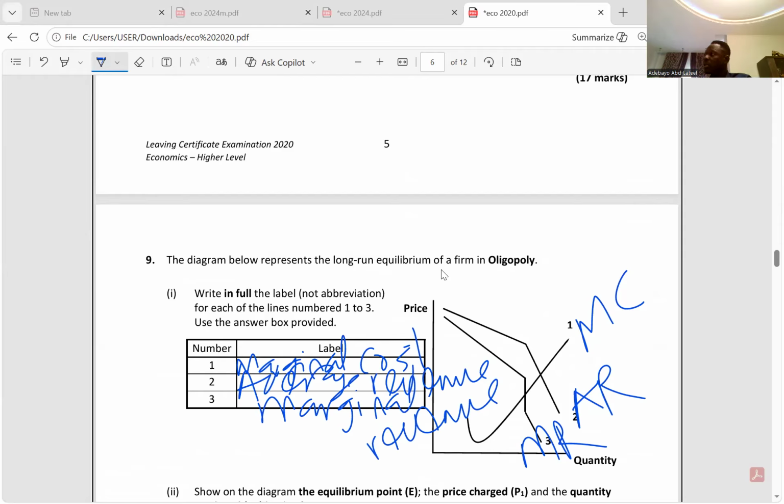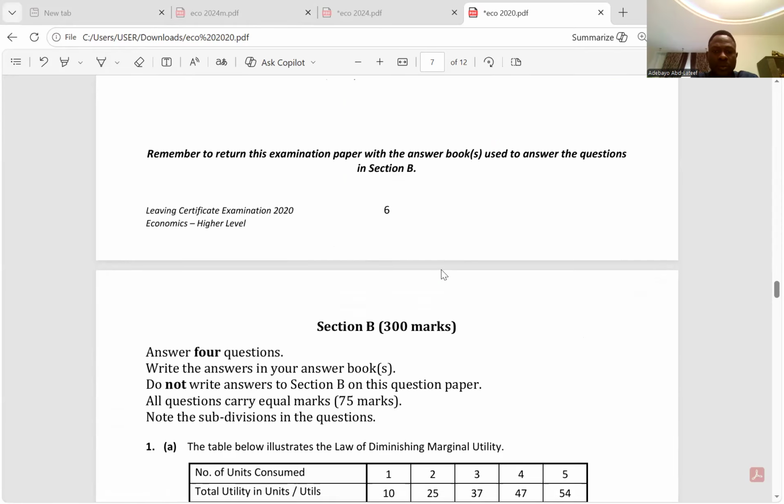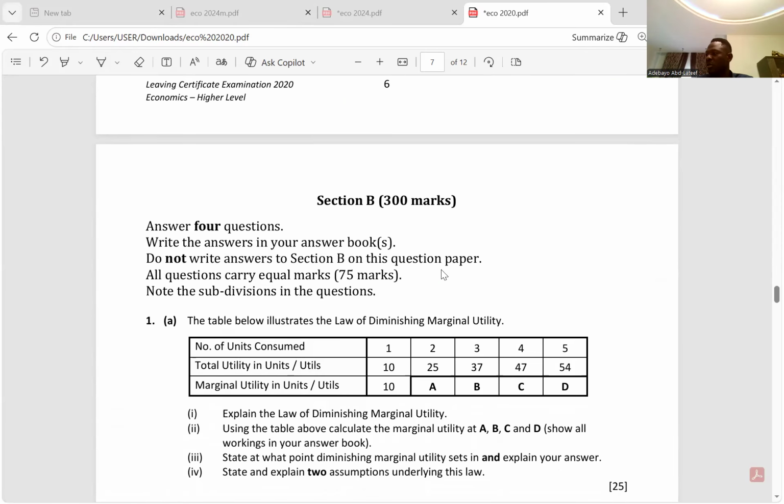I think that is clear, right? Okay, now we go on. So we have section B now, right? I think, yeah, section B now. That's the only one we didn't solve in section A. Now for section B, the first question says,